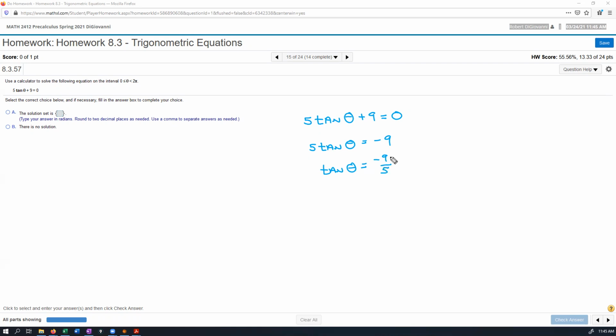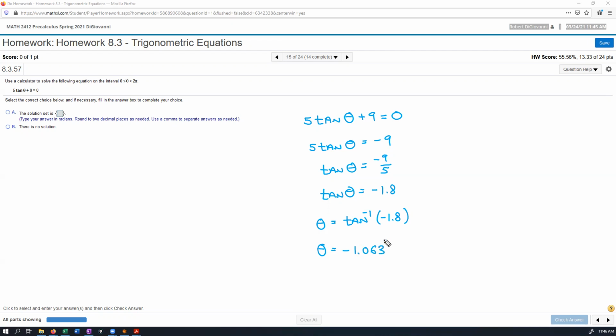Negative 9 divided by 5 means tangent theta is negative 1.8. Now, for theta, I'm going to do the inverse tangent of negative 1.8 on my calculator, and that gives me an angle theta of negative